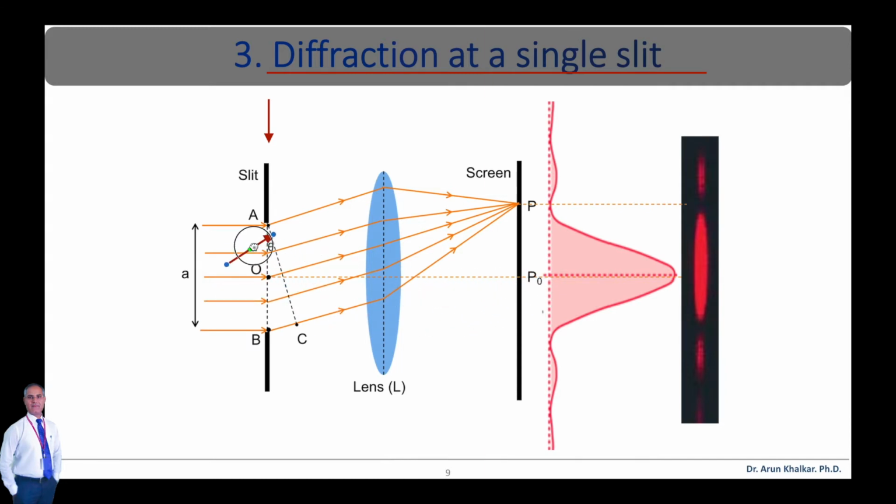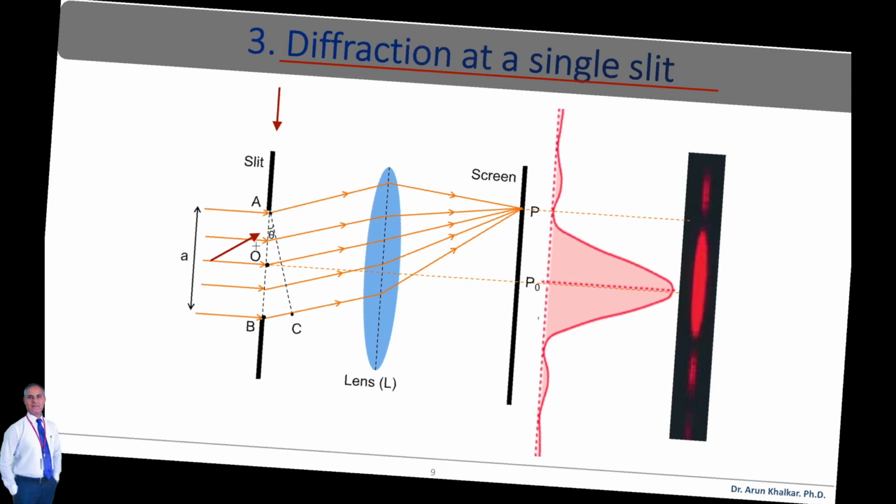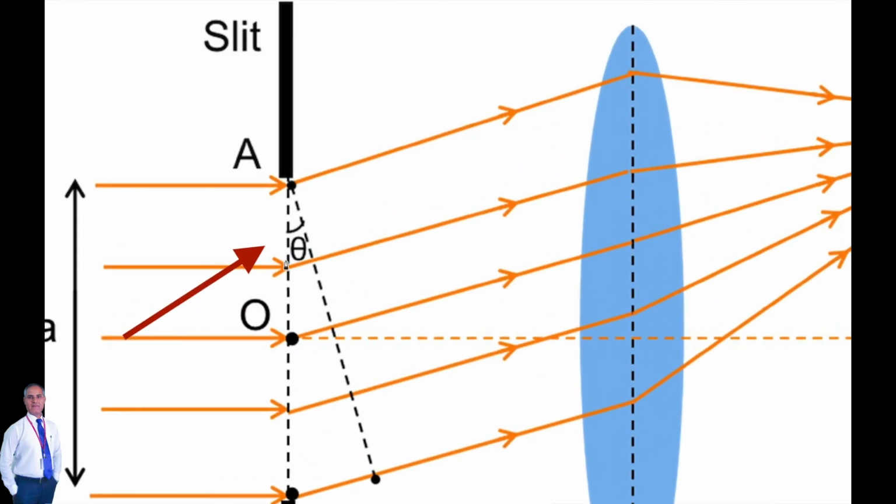The secondary waves interfere with one another and P0 will be a point of maximum intensity. As shown in this diagram, at the point P0 it shows maximum amplitude, and eventually maximum intensity, as intensity is nothing but the square of the amplitude. Hence we are getting a bright central image. The secondary wavelets traveling at an angle theta are focused at a point P on the screen as shown in the figure, where this angle theta is nothing but the angle of diffraction.